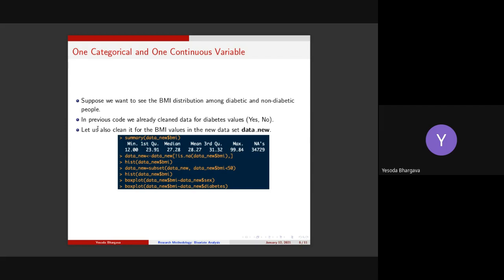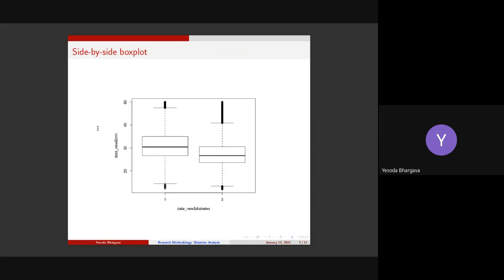For that, we use something called side by side box plots. That is one way to analyze. Another could be to see the histograms of the BMI variable for both genders superimposed on each other. When they are superimposed, it becomes easier to see the pattern. In this, I have used box plots because it clearly shows. This is the side by side box plot I have made of BMI, which is a continuous variable, and diabetes. So people either have diabetes or don't have diabetes.